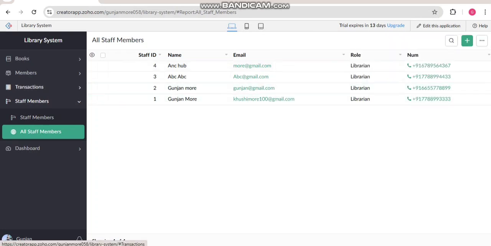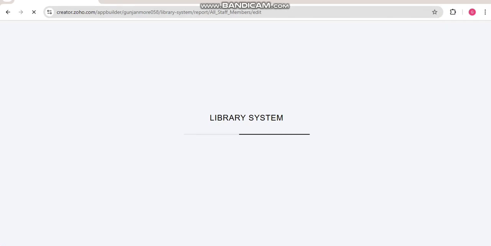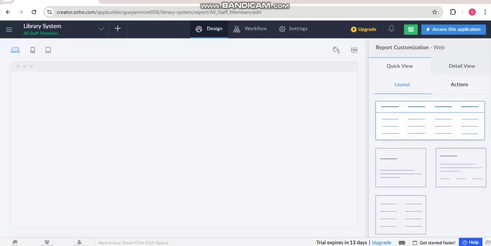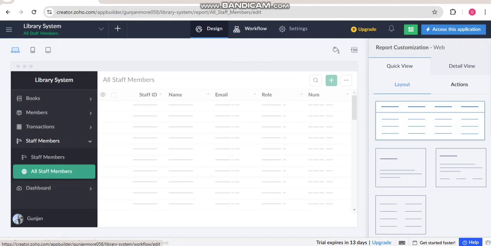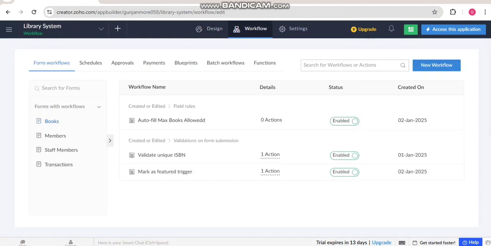Next we are going to move towards the workflows. So let's move toward the workflows. Further we are going to see the reports and the dashboards. So let's first of all move to the workflows. As the section of the workflows is getting loaded, there are different modules named here, that is books,